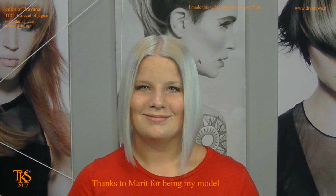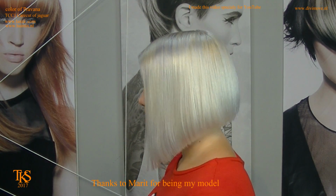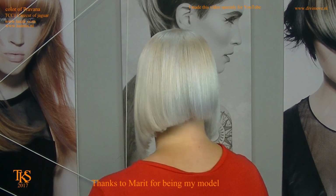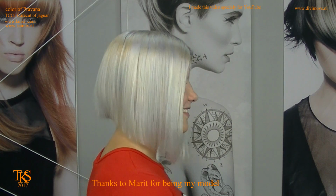Marit, will you turn around and show them how your hair is now? Thank you for modeling again. And we don't see a lot of the tattoo eyebrow that we